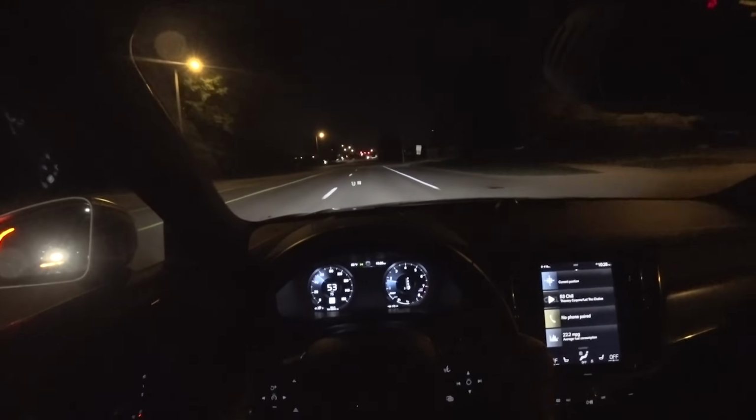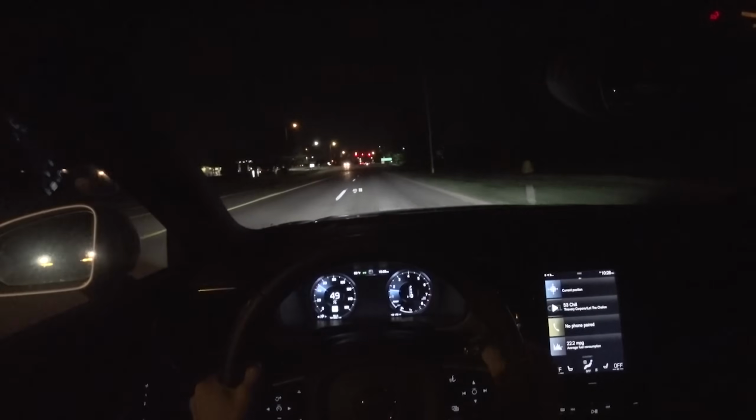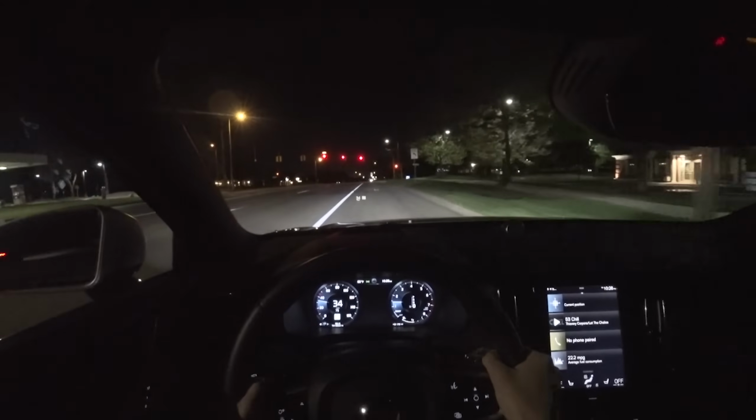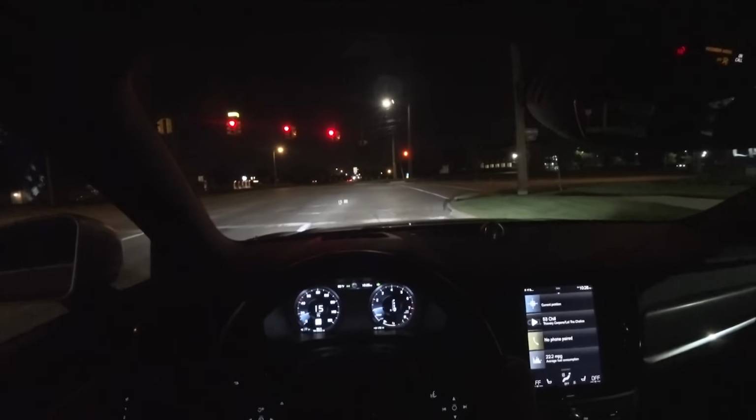And it rides well. The suspension on this is great. There's really no other way to say it. It's a little bit noisy over bumps. You can get some NVH into the cabin, probably in part due to the large wheels and the skinny sidewalls on this. But other than that, the ride quality is fantastic. There's kind of a sharpness, but also a smoothness and suppleness to the way this car rides down the